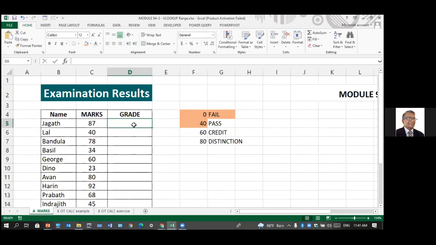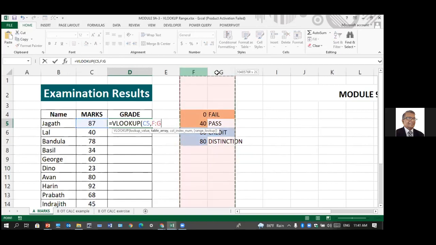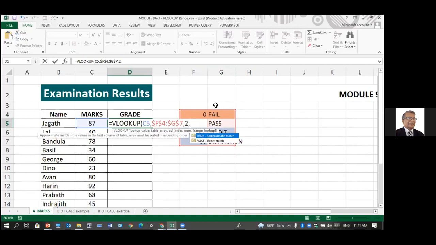So now I have made the table. If it is between these two, I'll put a different color. You'll get credit. The other two I can't color. So equal VLOOKUP. The lookup value is this. This is the one I'm going and checking in this table. Table array, if you want, you can select the column straight away. That is also possible. Or if you select like this, you put a $ sign, comma. This is column 1, this is column 2. Column index number 2, comma. Here is a change. No exact match, it has to be approximate match.